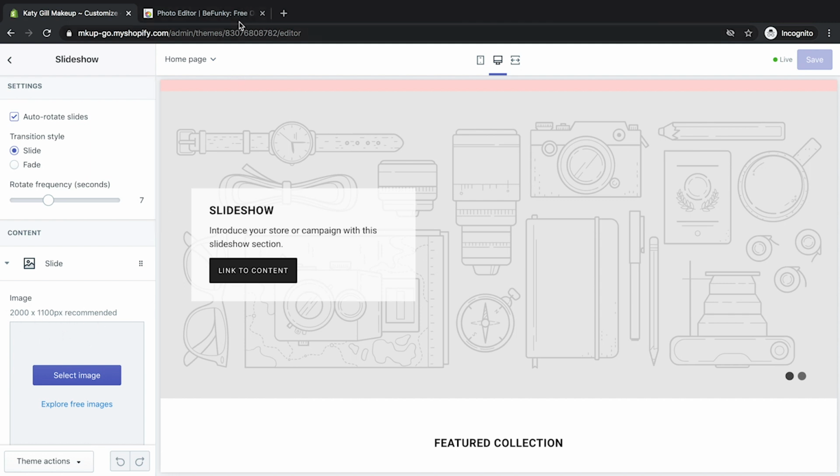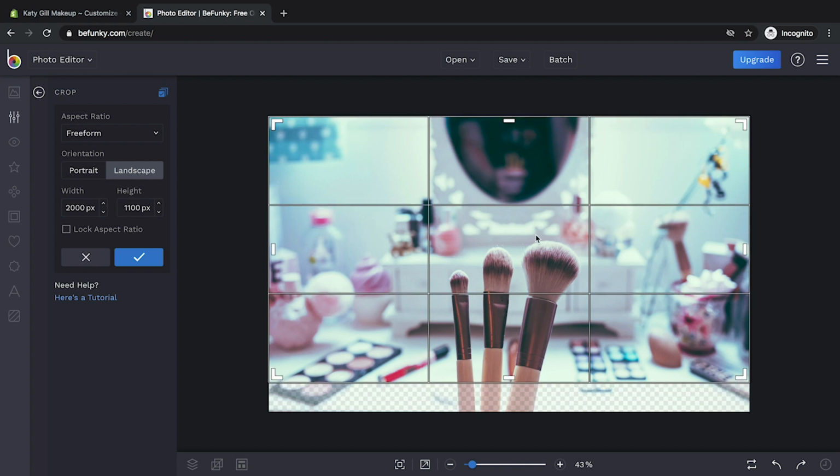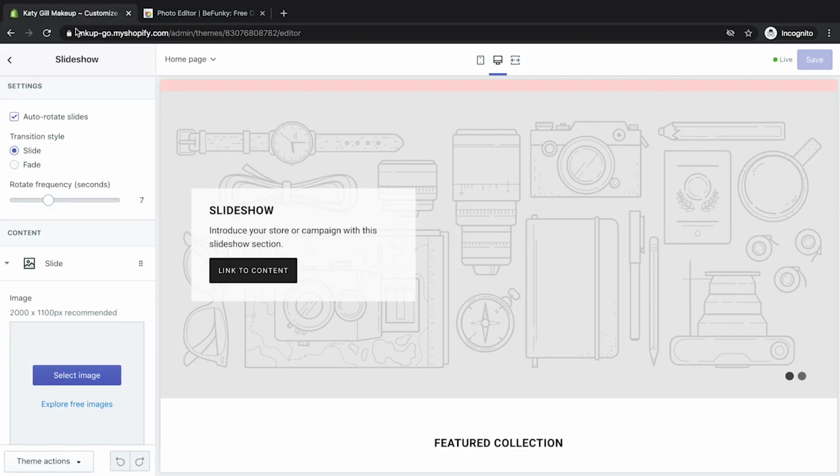Now I showed you before on the BeFunky image editor how you can crop things. This is where you can add your width and height. So if you've got an image that's too big or too small, it's always really bad to scale up. Always use big images first so you can scale them down if possible. And as you can see here, it's got a width of 2000, height of 1100, which is bigger than this image. So once you add it in, crop it, that's the image we can then use for our hero.